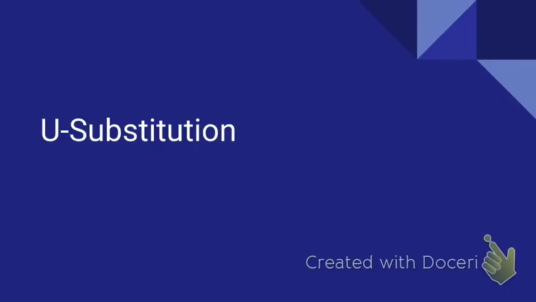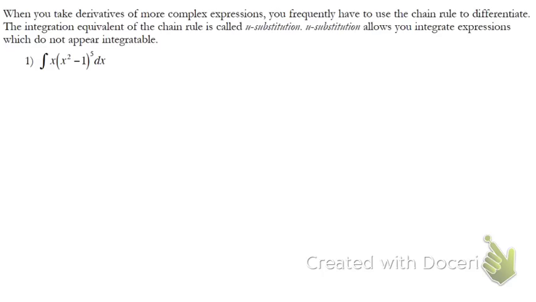For our new lesson for today, we're going to be working on u-substitution, which is essentially the opposite of the chain rule. So notice we have up here, it says if you take derivatives of more complex expressions, we frequently have to use the chain rule in order to differentiate. The equivalent when we're talking about integrals is called u-substitution, and it allows you to integrate expressions which do not